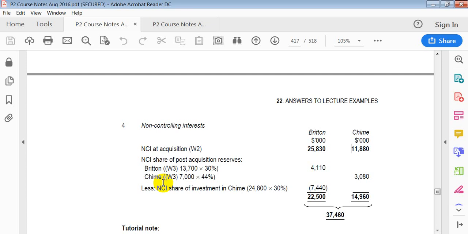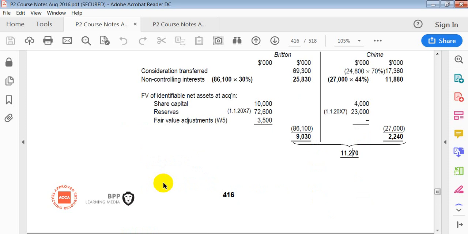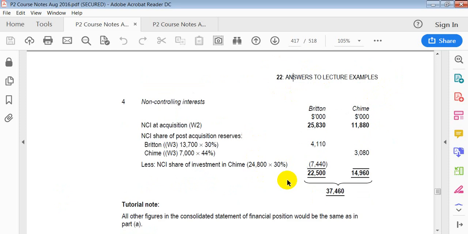The non-controlling interest, you get the new NCI 25,880 and 11,880. The rest of the workings would be the same as what we saw earlier on when computing the